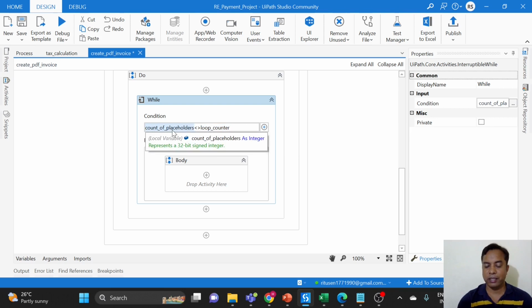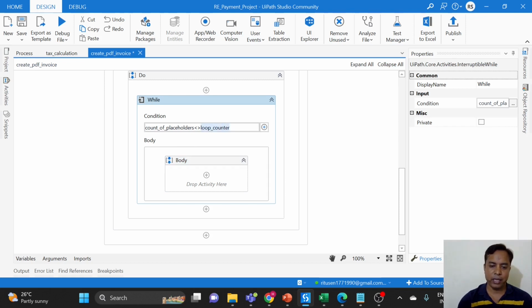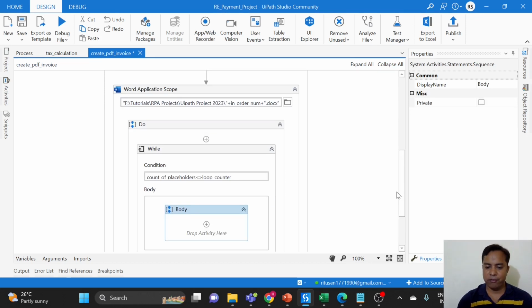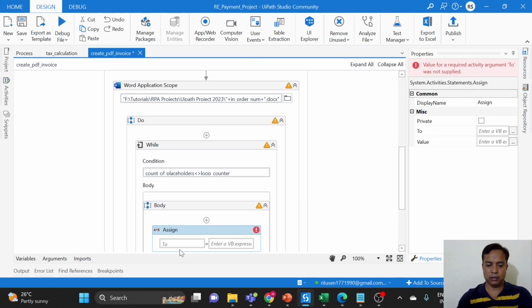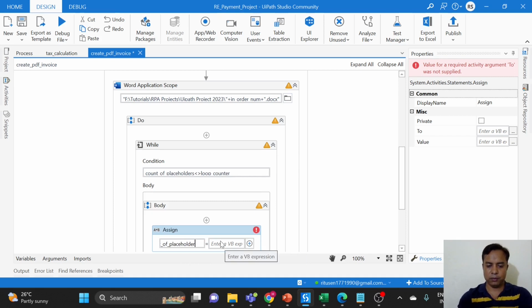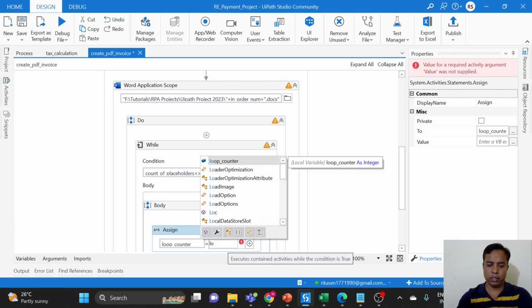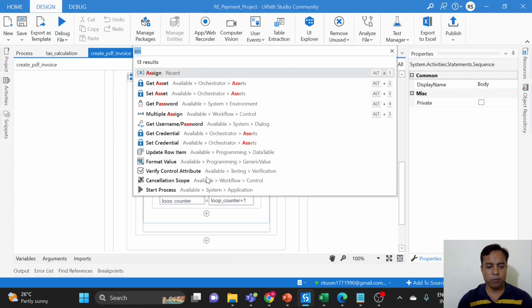Let's say there are 10 placeholders, so 0, 1, 2, it will run 9 times. That is why we are starting this from 0, and it will be the usual count. Then every time we have to increase the counter value. So for that we will use an assign. Loop counter equals loop counter plus 1, so when the next time the loop runs, the count should increase. We have to add one more